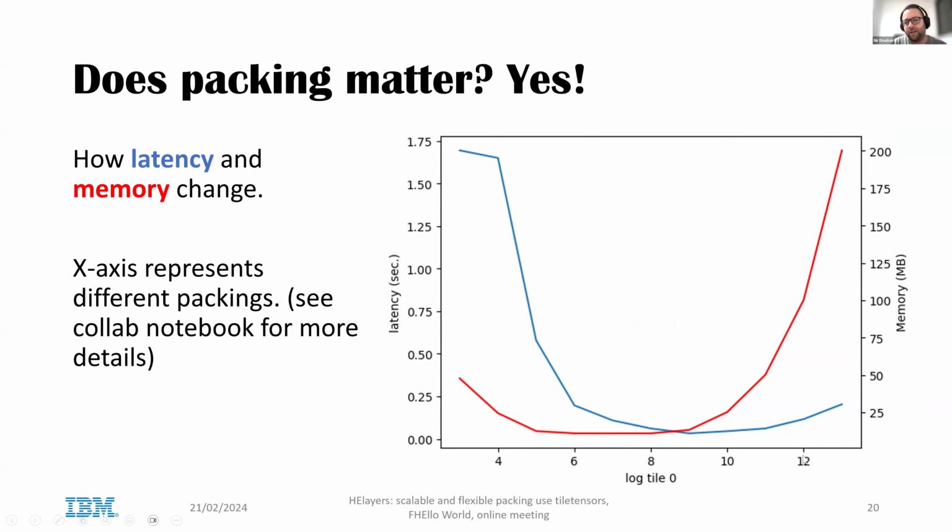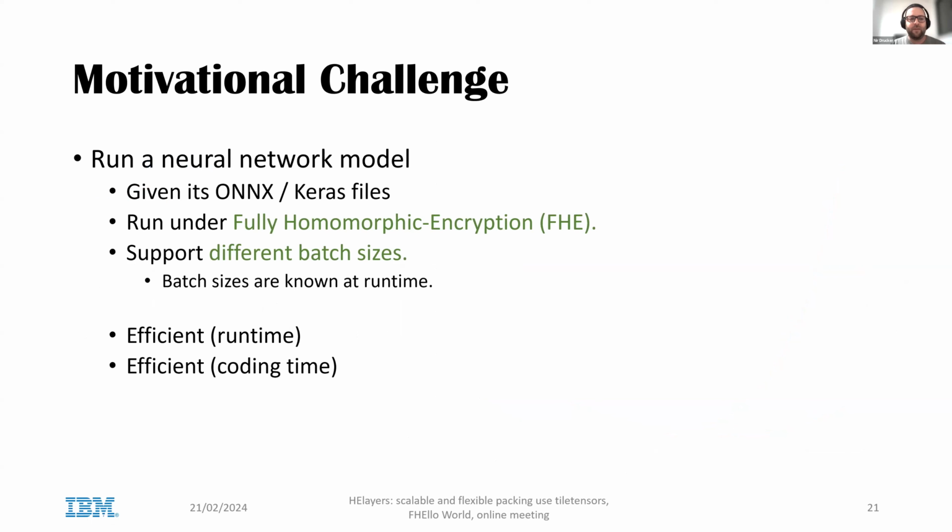Here we see different packing options, and we see the latency and the memory and how they are changing over these different packing options. And we see that it's not always that you want to choose one of the most left or most right options. You might want to choose the middle. Of course, latency and memory are not the only metrics to consider here. We have throughput, we have power, I don't know. There are others to consider when considering the different packings. And here there are only a few settings of packings. So we see that packing is very important.